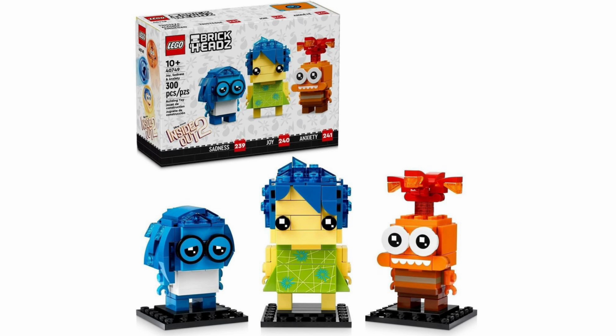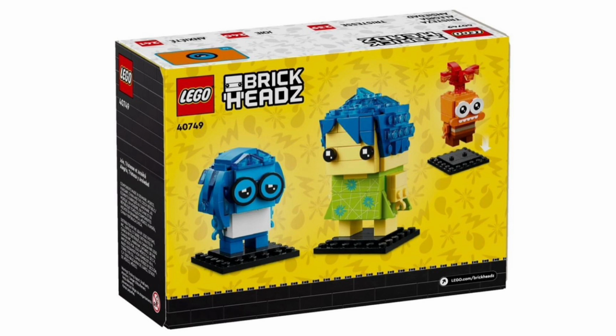And then we do also have the new LEGO Disney's Inside Out 2 BrickHeadz as well. So this includes 3 characters, being Joy, Sadness, as well as Anxiety, and this includes 300 pieces altogether, and it's at 40749. And overall, I think that most of these look pretty good. I will say I'm not a massive fan of the Joy BrickHeadz. I don't know, there's just something about it. It just looks bland in my opinion, especially comparing it to the other two, but it's still a pretty decent